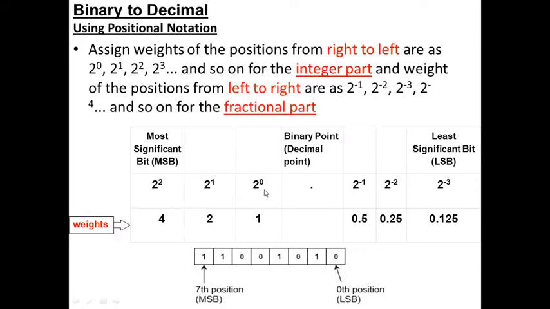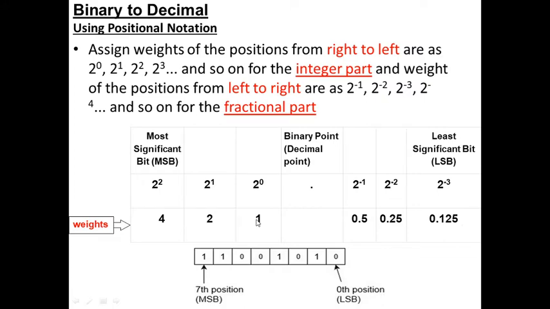Now the weights will be equal to what? Weights are 2 raised to 0, 2 raised to 1, 2 raised to 2 and so on. Why is it 2 raised to? Because we are dealing with a binary number. Similarly, after the decimal point, this becomes the fractional part. In the fractional part, we assign the index as minus 1, minus 2, minus 3, minus 4 and so on. These are called the index, and the weights become 2 raised to minus 1, 2 raised to minus 2, 2 raised to minus 3 and so on. Accordingly, the values are calculated.